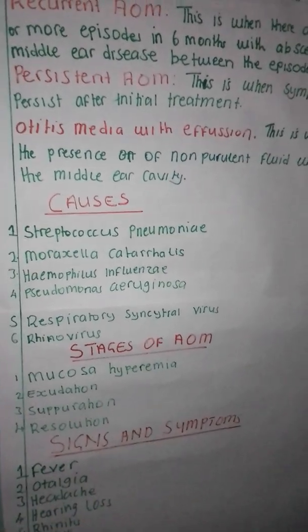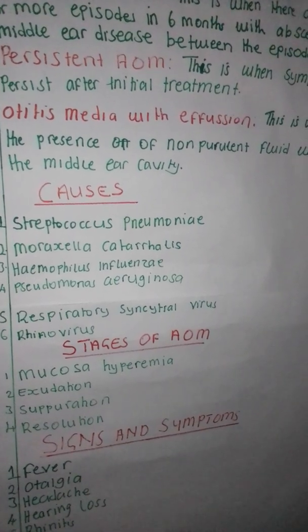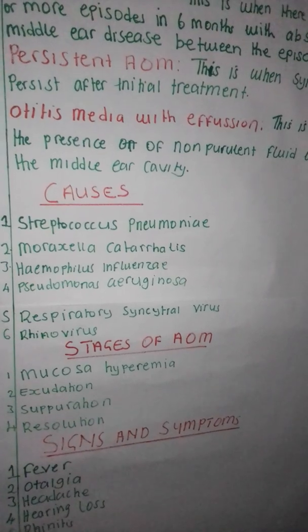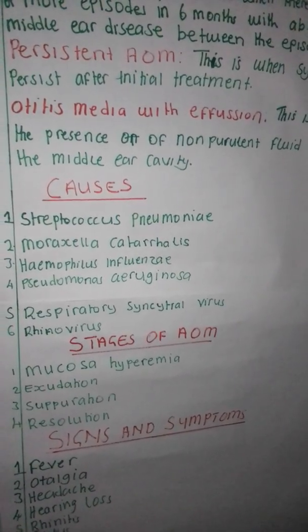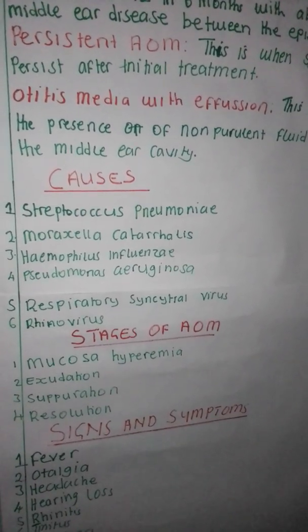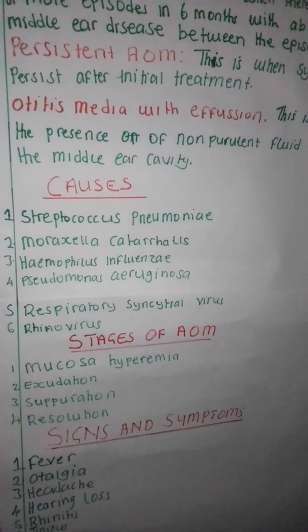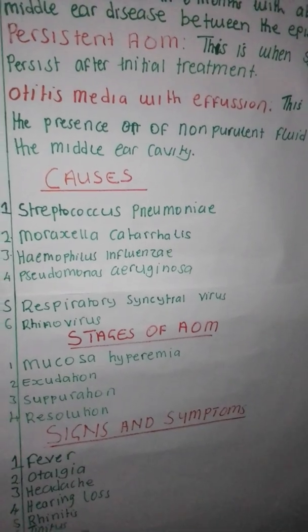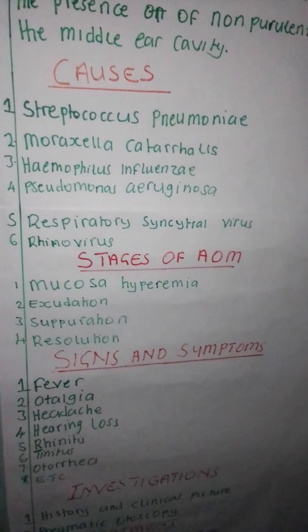So what are the causes? The causes are bacterial and viral. The bacterial ones include Streptococcus pneumoniae, Moraxella catarrhalis, Haemophilus influenzae, and Pseudomonas aeruginosa. The viral ones include respiratory syncytial virus and rhinovirus. Here are the stages of